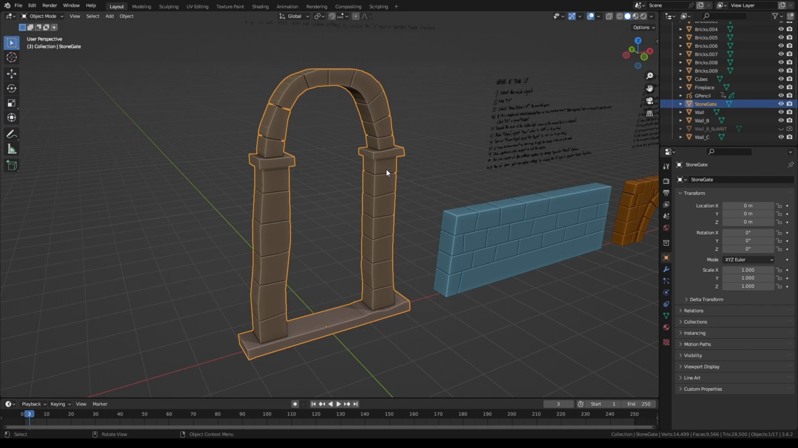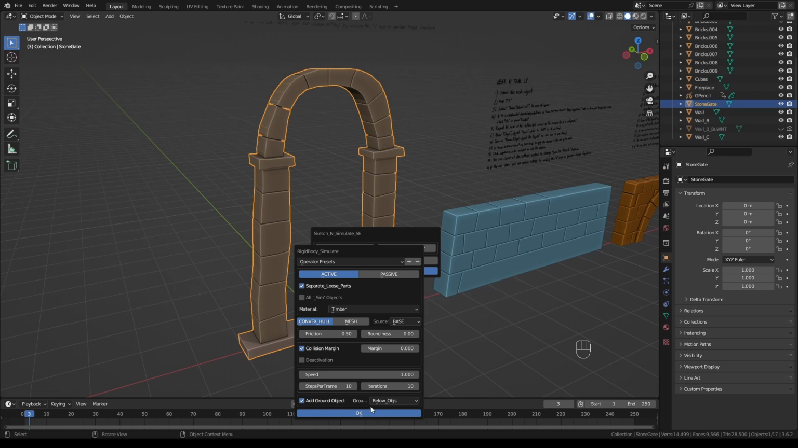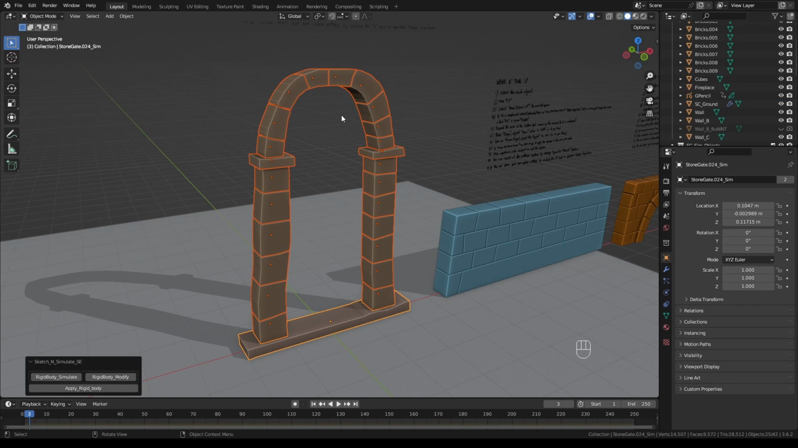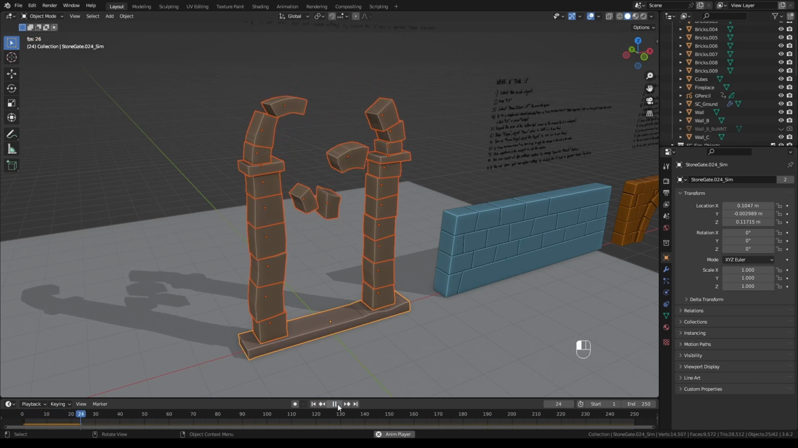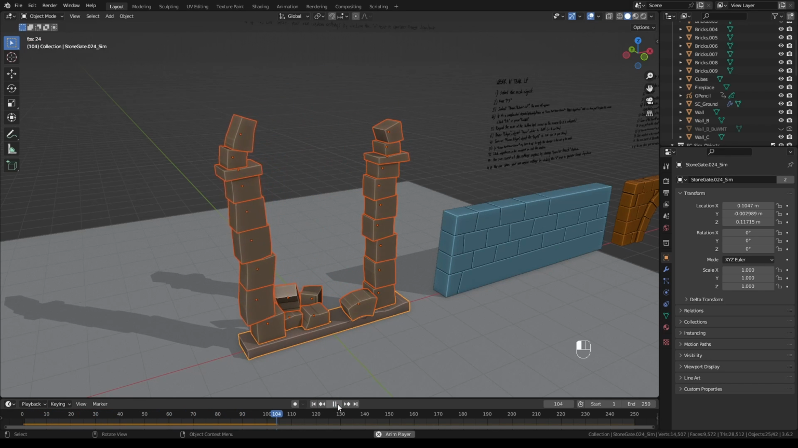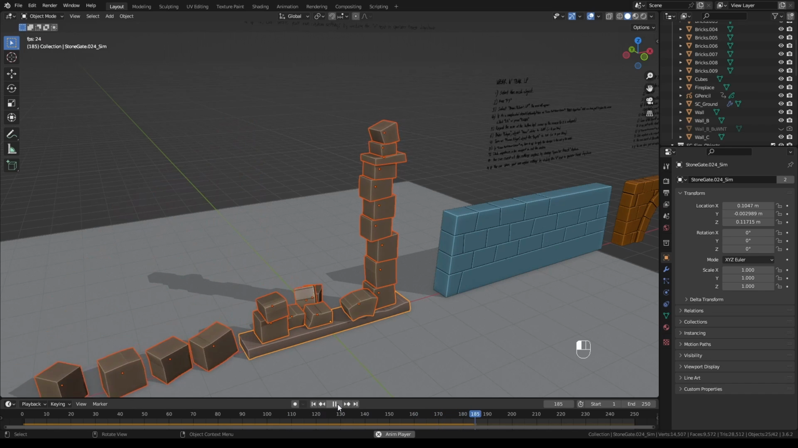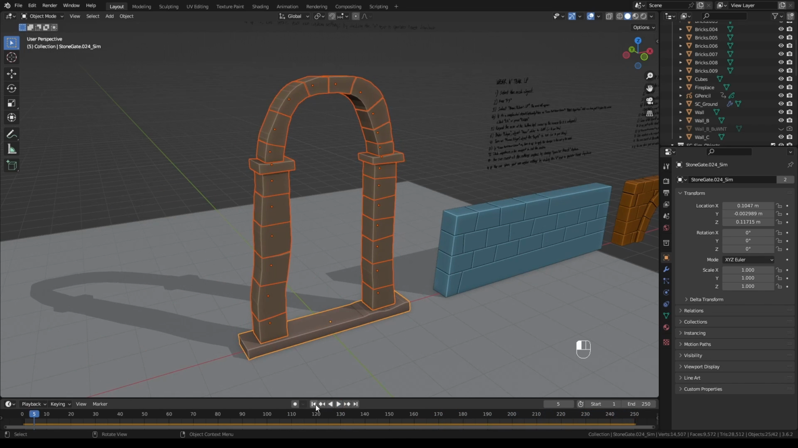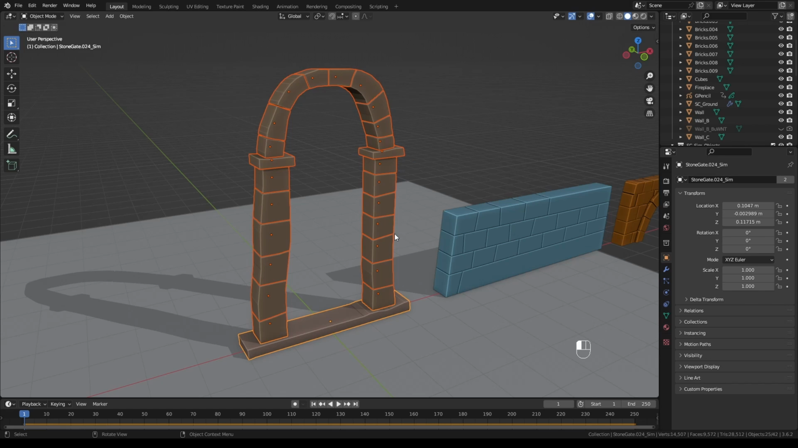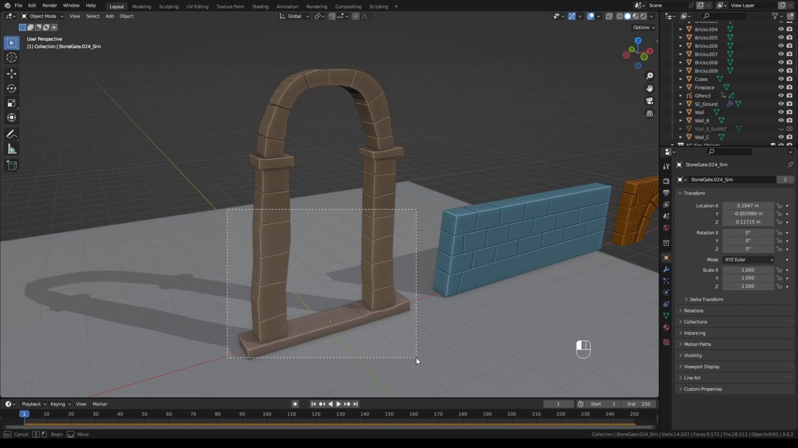In some cases, you might also want to modify your simulation. Let's say we simulated this arch, and when I play, pretty much the whole thing gets destroyed by the end of the scene. And instead, I'd like some of these bricks to stay as they were. So all you have to do is just select the pieces that you would like stationary, maybe add a few more here. Deselect the